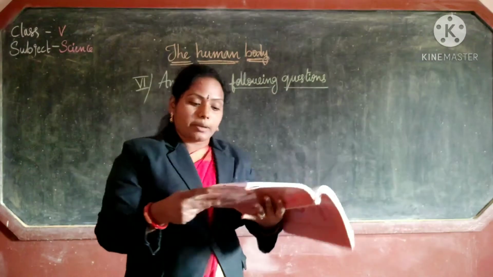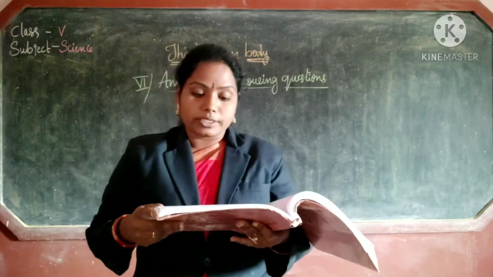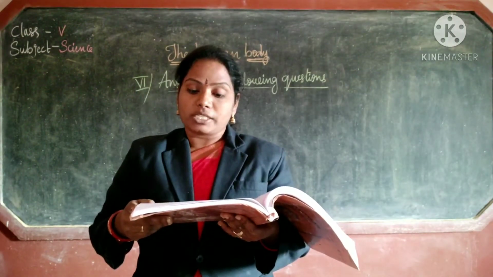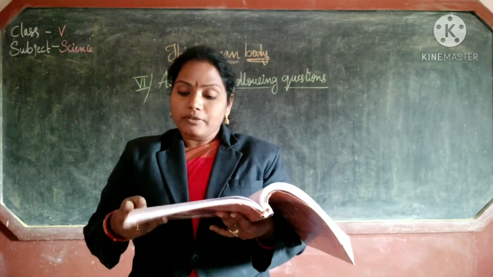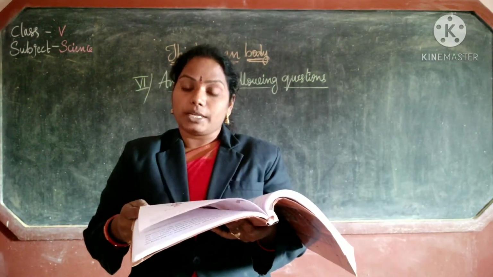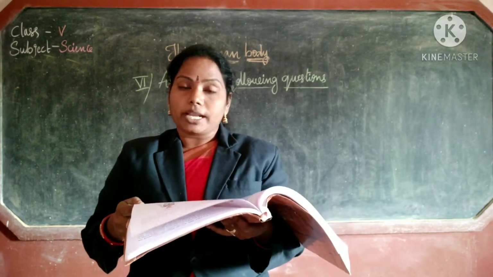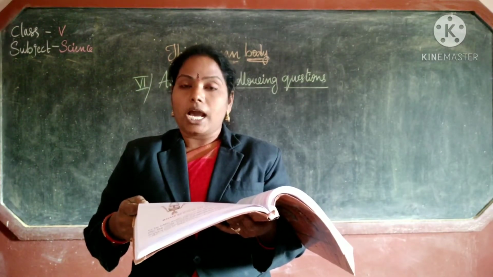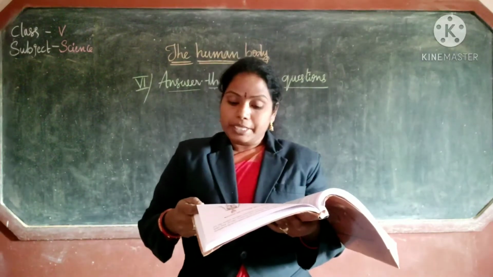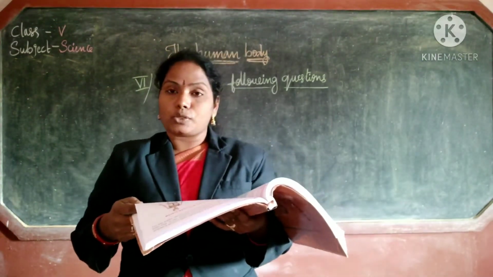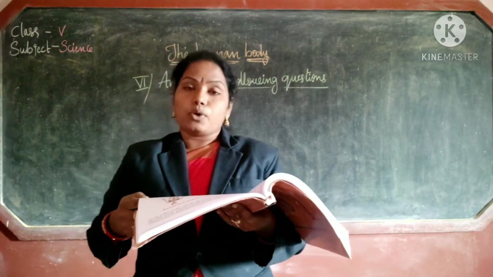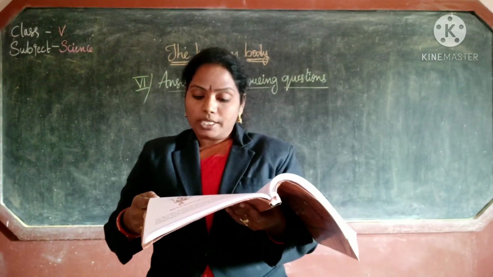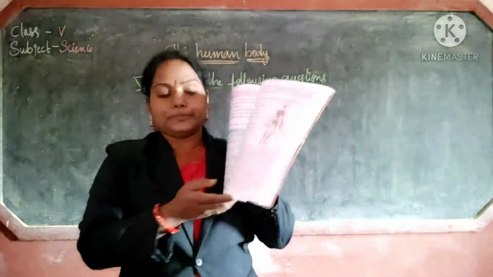The skull protects the brain from injuries and shocks. The skull is made up of 22 bones. The upper portion of the skull is called brain box, which is made up of 8 flat bones interlocked together. It protects and supports the brain. The remaining 14 bones of the skull are curved and make the face. They protect the sense organs, eyes, nose, ears and tongue. All the bones of the skull are immovable except the lower jaw. The lower jaw helps us to talk and eat.